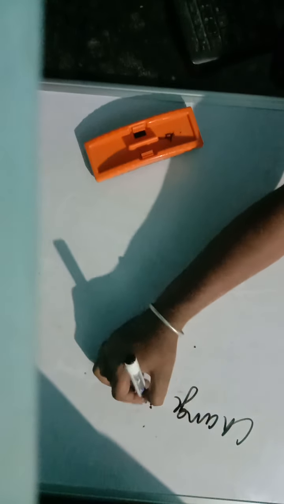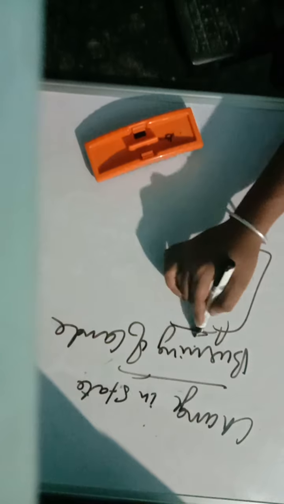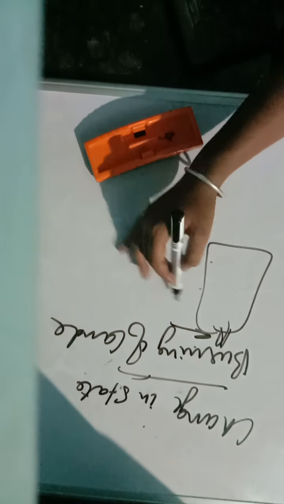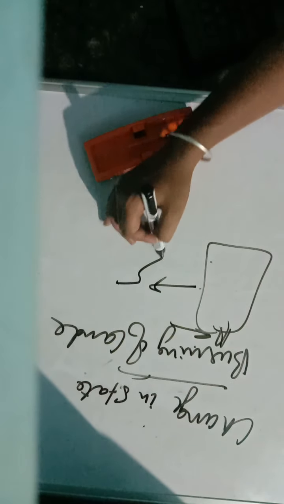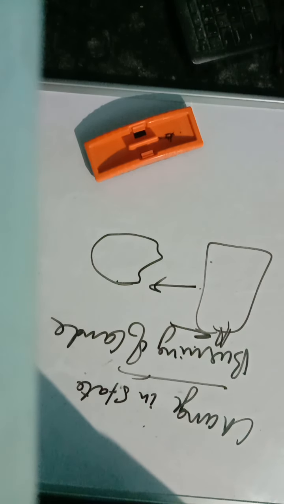Change in state. A very easy example is the burning of a candle. That is a change in state. First of all, we have a solid candle. When we burn it, it completely turns into wax. So there is a change in the state. Like burning of a candle, if you burn it, the state is going to change. Okay, so let's move to the next section.